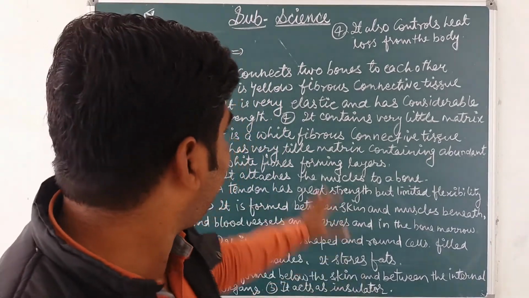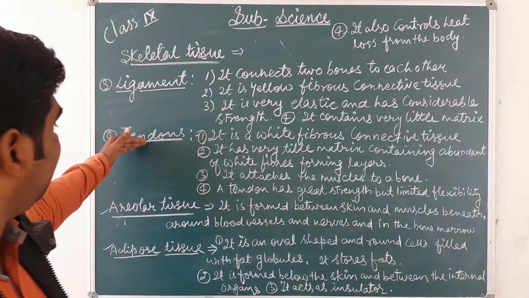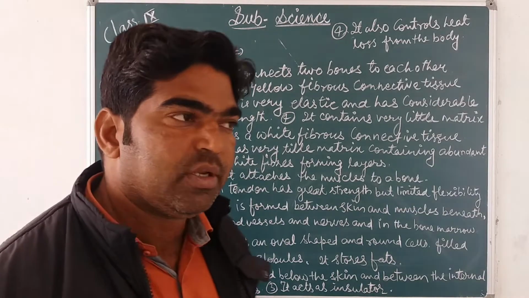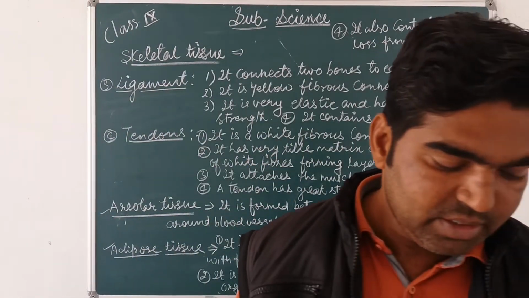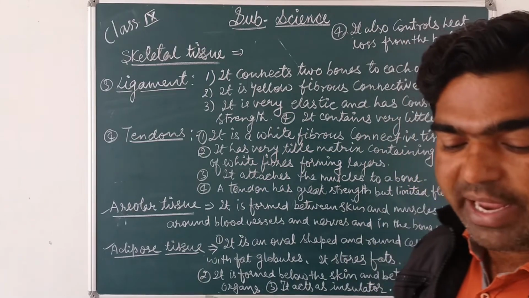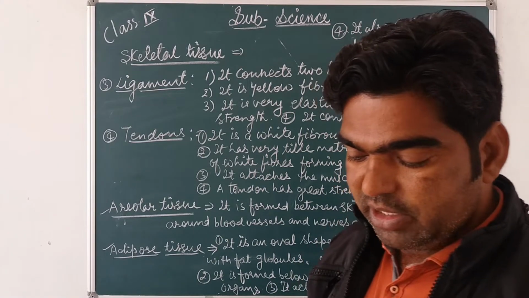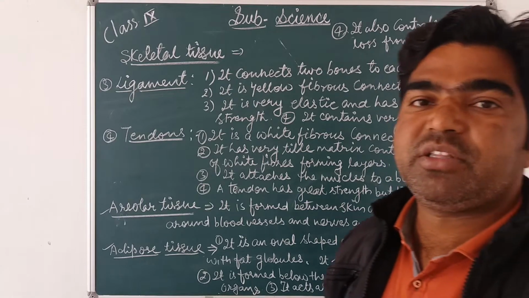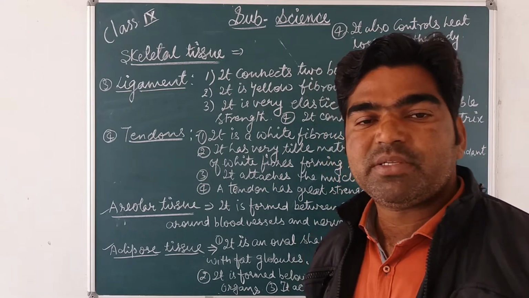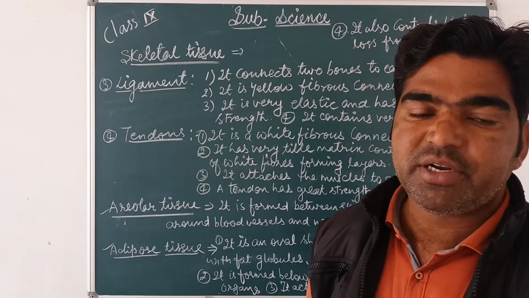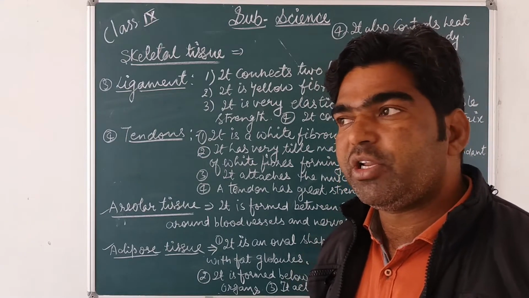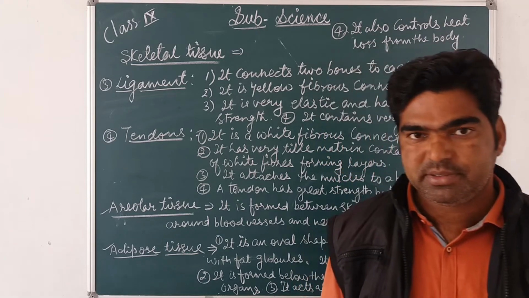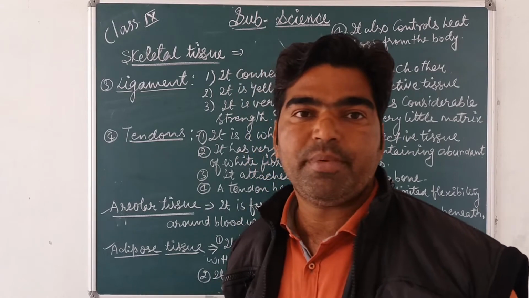Okay, so this is about ligament, tendons, areolar tissues and adipose tissues. Now next we discuss the muscular tissues and last one nervous tissues. Okay, so these two tissues are the remaining. Muscular tissues are of three different types: striated muscular tissues, non-striated or smooth or non-smooth you can say, or cardiac muscles. ठीक है, there are three different types of muscular tissues.